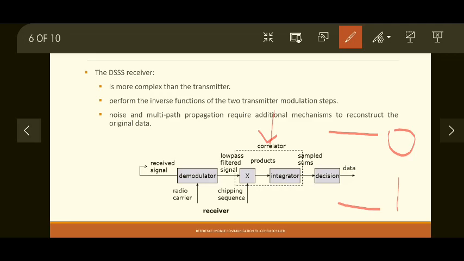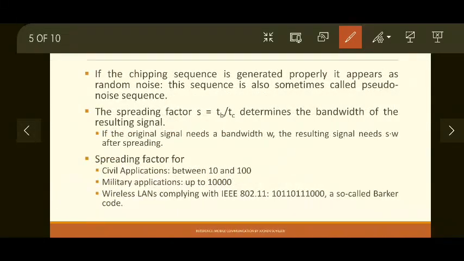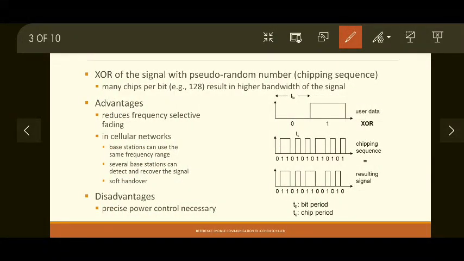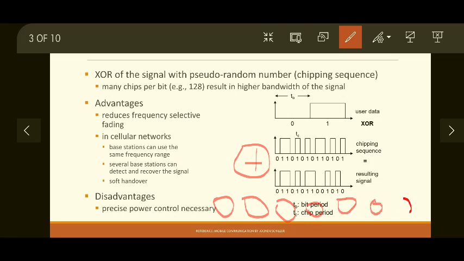Now if you recall the original example, let's see this one. At the receiver, this is our received signal and this is the chipping sequence that we have used. If we perform the XOR operation of these two here, then what will we get? The first bit is 0, 0 XOR with 0 comes as 0. Then the second bit is 1, 1 XOR with 1, again 0. 1 XOR with 1, again 0. So if you XOR all these bits, you will get 7 zeros.